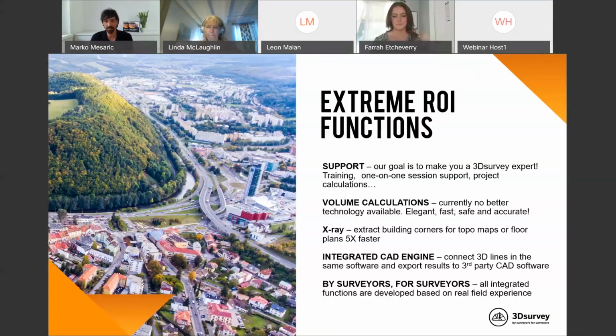So we can advise you how to plan some specific missions, what kind of drone to use, how to set your camera, and of course, how to plan your mission and so on. So I think the support part is really, really important to get this extreme ROI out of it. And of course, also later on,